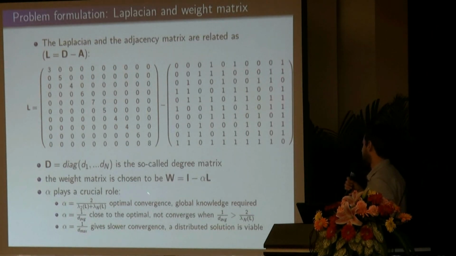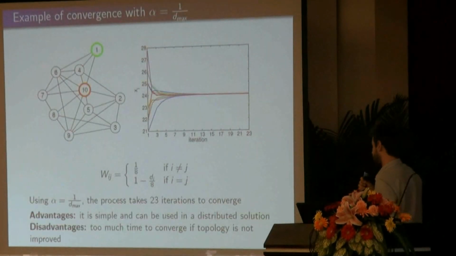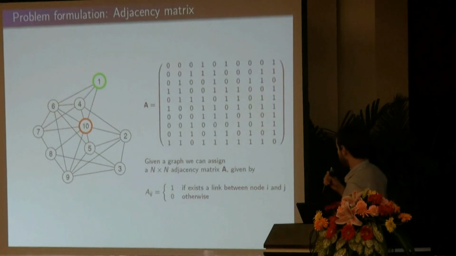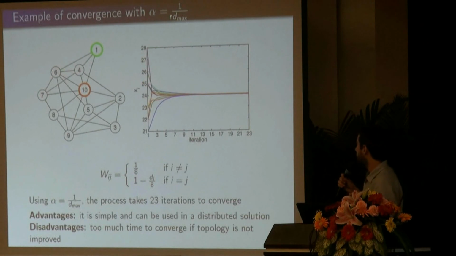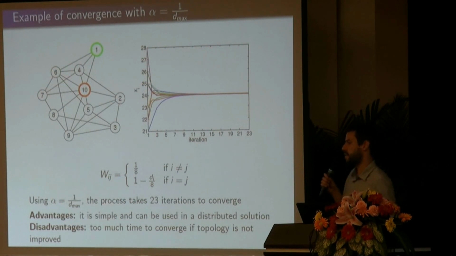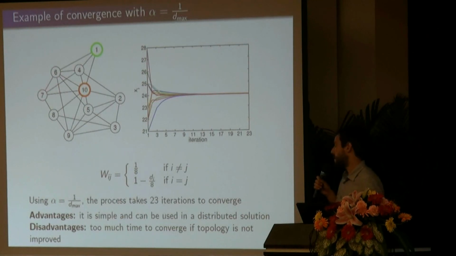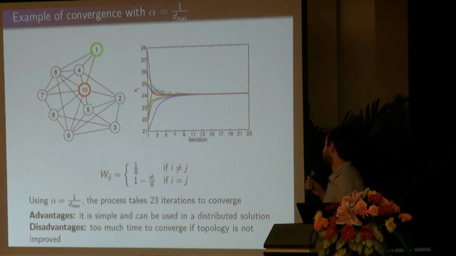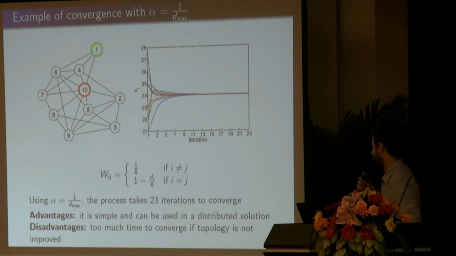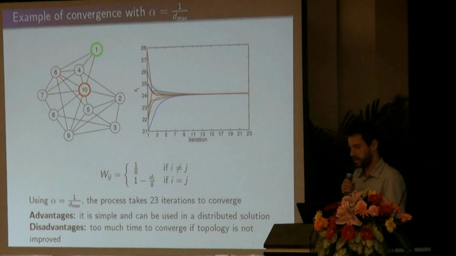Here is an example of the value that we can take for the parameter alpha, and here is an example of this network with this parameter alpha and with the weight matrix that we defined before. So we take as alpha 1 divided by the max degree, as node 10 is communicating with 8 nodes, the max is 8 because there are 8 communications on the network for this node. It is the maximum degree of the network. So this is the evolution of the state of the nodes, this is the initial values, and they are trying to reach the average, which is the value over here. And it takes about 23 iterations for a defined error of 10 to the -3. So what we want is to change